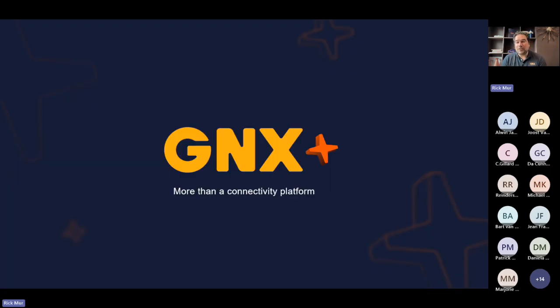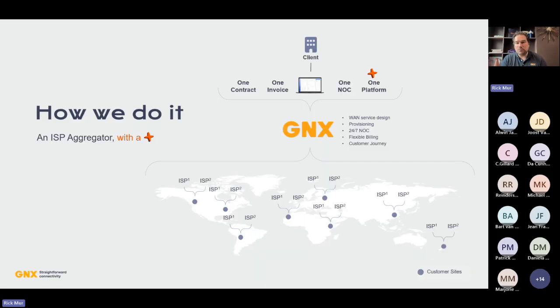We started our company GNX with this promise in mind. So breaking through the opaque model of how ISPs are dealing with enterprise connectivity, making it simple, making it standard, and making it transparent to actually source connectivity from all over the world, from thousands of different ISPs, based on actual data and actual historic performance, which ones are actually good for you to use.